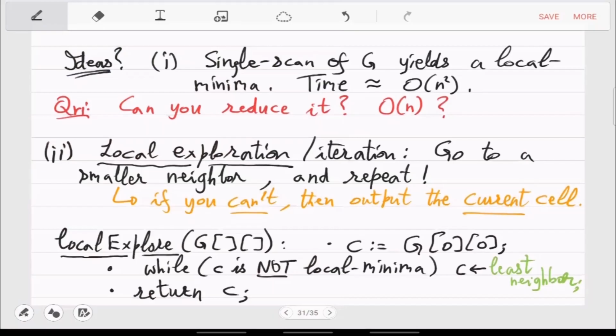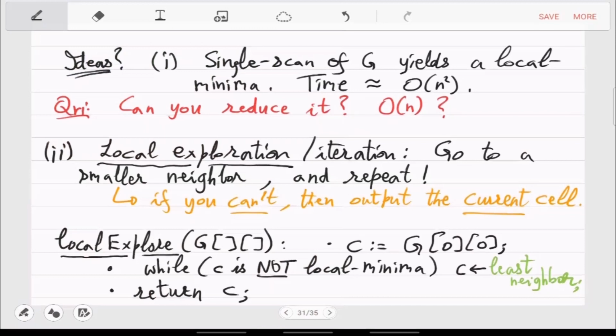The green cell in the center is a local minima because its 4 neighbors are bigger than that cell in value. So this always exists, and you can find this in a single scan of the matrix in order n square time. So the question is, can you do it faster?